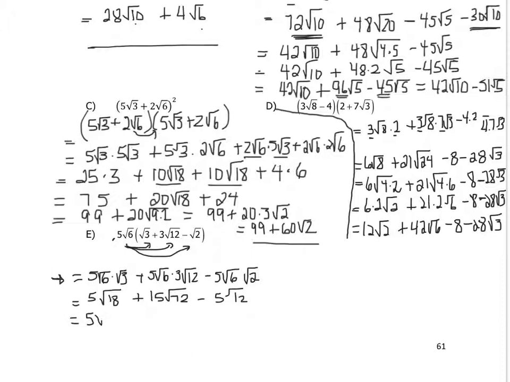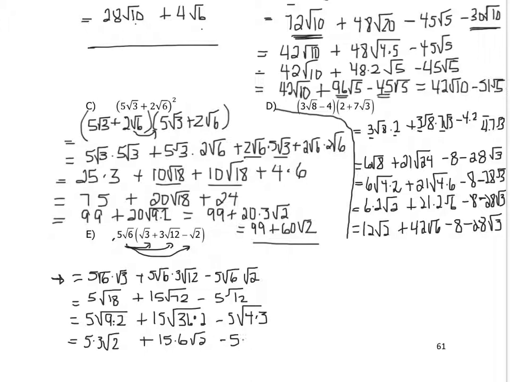So now I'm going to break down 18 as 9 times 2. I'm going to break down the 72. Biggest perfect square factor of 72 is 36. And the biggest perfect square factor of 12 is 4. So then we've got 5 times 3√2 plus 15 times 6√2 minus 5 times 2√3,